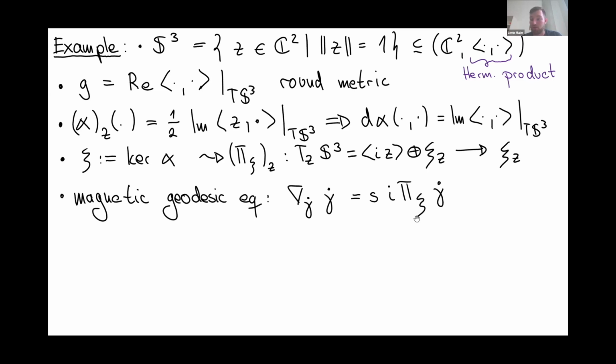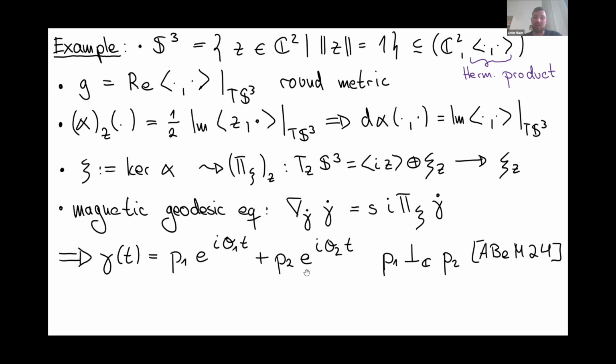So this will be our Lorentz force. The magnetic geodesic equation has the following expression. We have here the geodesic part and then s times i times the projection of the velocity to the contact distribution. And then if you do some calculations, it follows that each magnetic geodesic is given by